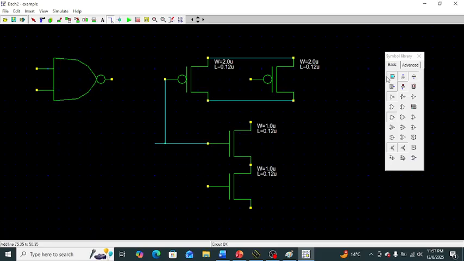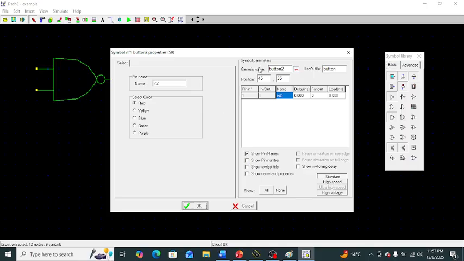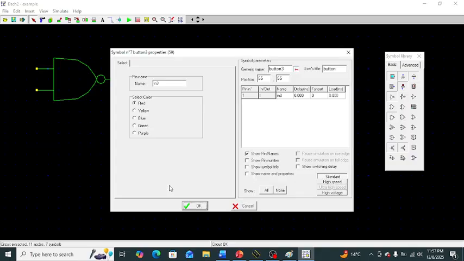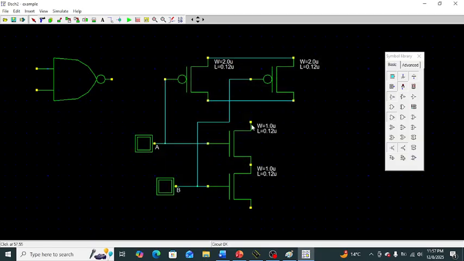This is the first input. We call this input as input A, suppose. Then this is the second input. We connect this input here. The second input is connected to both NMOS and PMOS, and we call this input as input B. Okay, and now output is taken between the NMOS and PMOS.